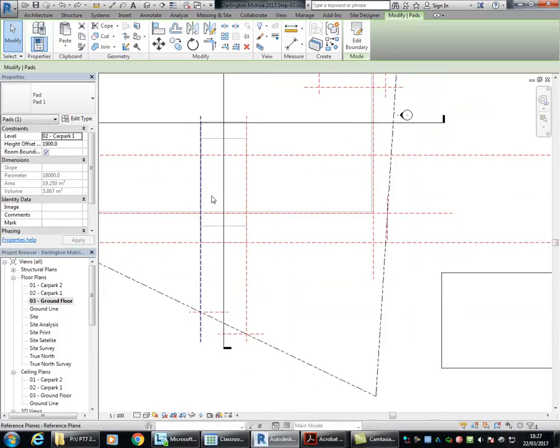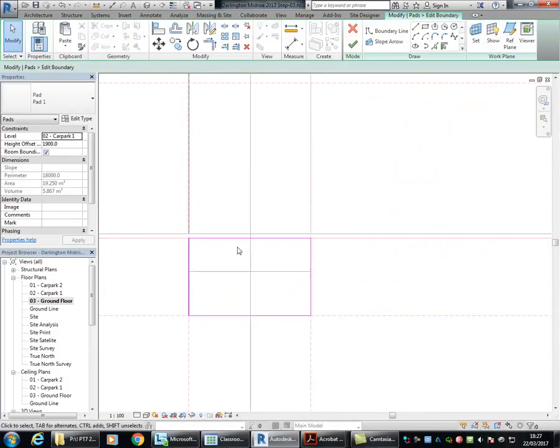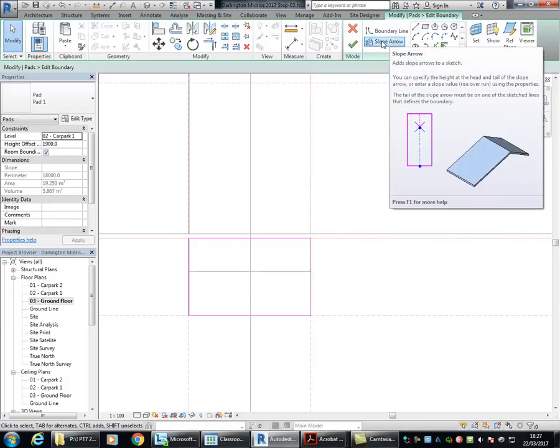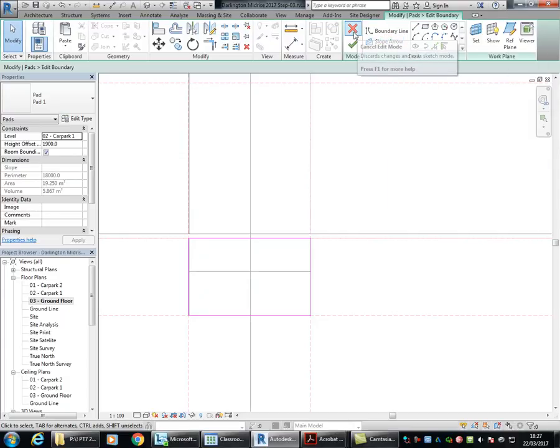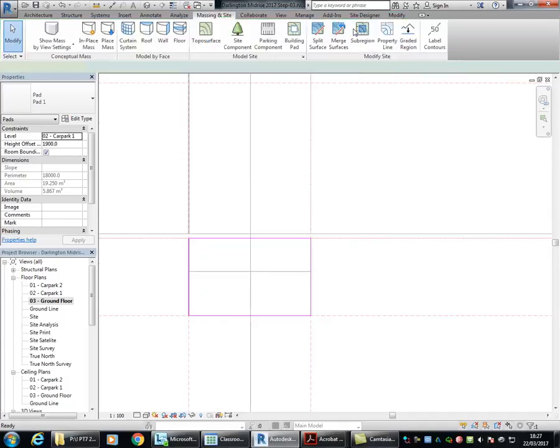So, let's go to edit boundary. So here, as well as making boundary lines, when you're making a pad, you can also make these things called slope arrows, and that will give you pad, or it'll work with floors as well, so I can give it a slope. So, try that if you're interested, and that's the way I used to do it, once I worked out that